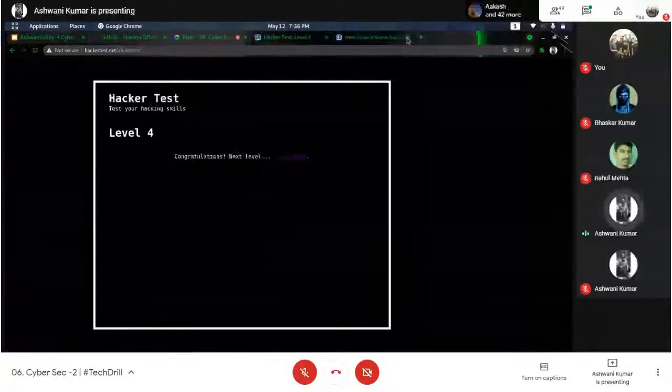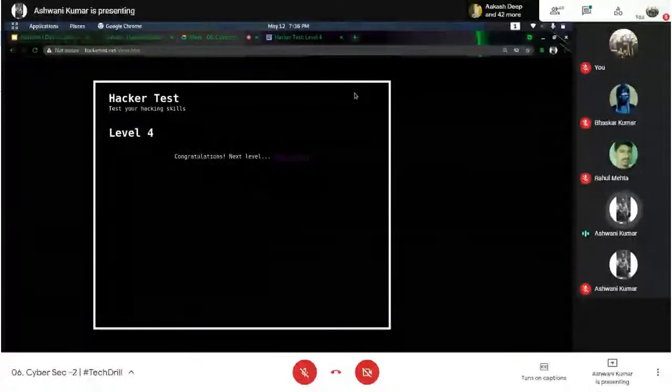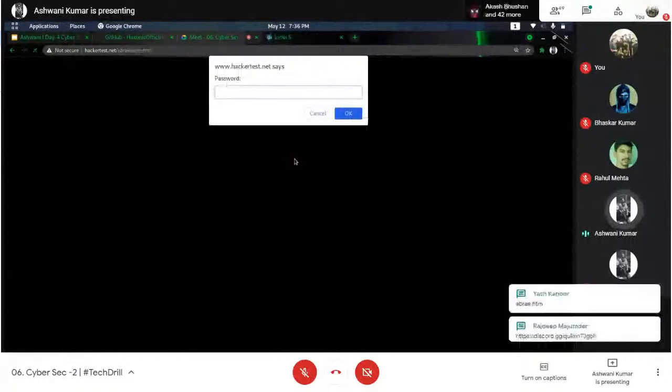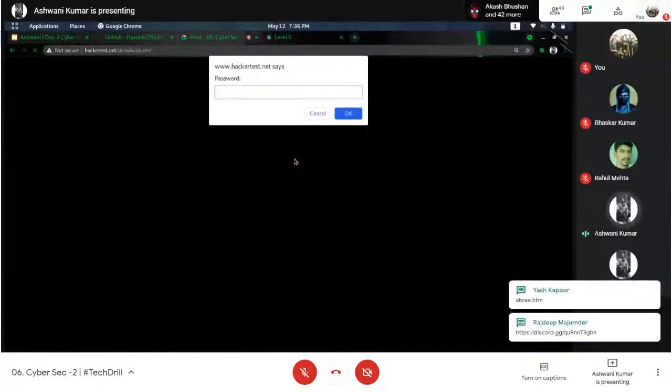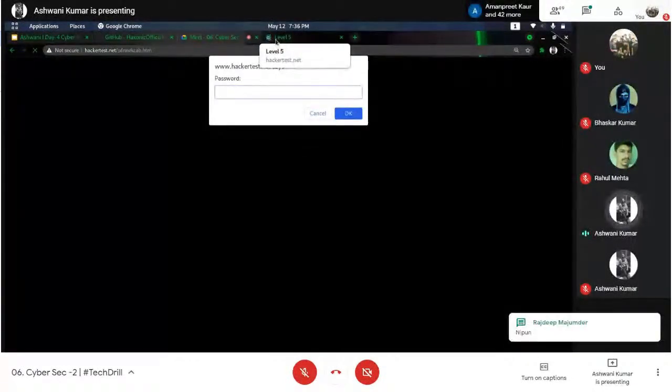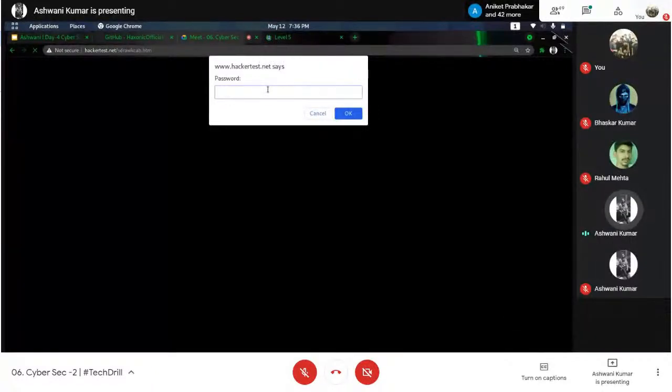People have already asked me, those who have solved these kinds of challenges beforehand, saying they are not able to solve the fourth challenge. But upon clicking the fourth challenge, you can get into level 5. There is no password for this challenge. But if you don't enter the right password for level 5, you will not be able to get onto level 6. It will just redirect to the previous challenge.